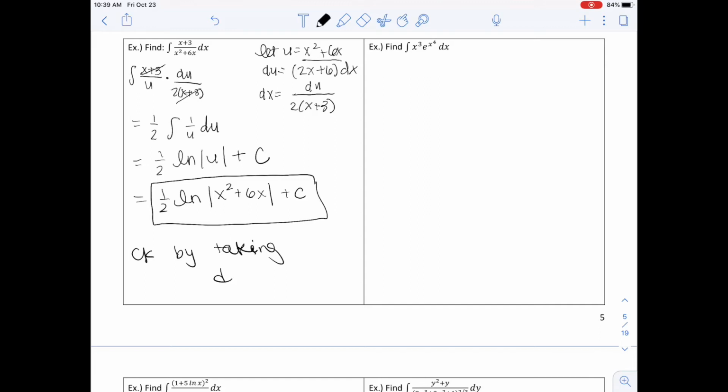So by taking the derivative. And it's a good thing to do on exams and on quizzes, so that way you can check to actually make sure that you did the problem correct. The next example that we have, I'm going to go ahead and let u equal